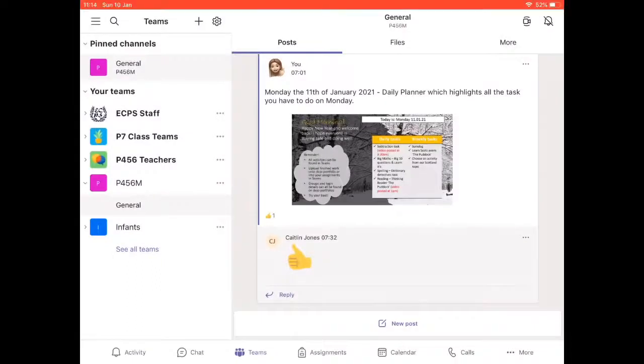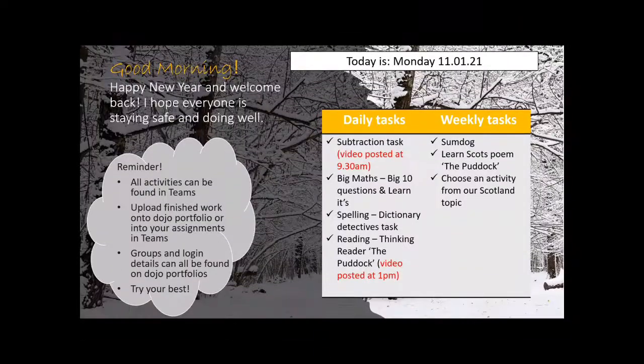Okay, so this is the video for the 1.3 subtraction group. First of all, I'll just show you our daily timetable today. It shows you today's date is Monday the 11th. Then it has our daily and our weekly tasks highlighted. So at the top of our daily tasks, you can see it says subtraction, and the video here will